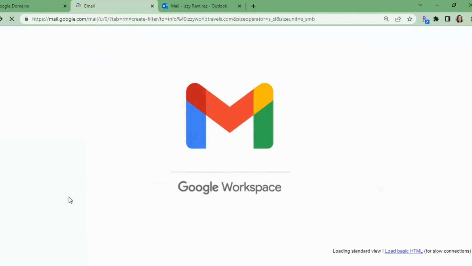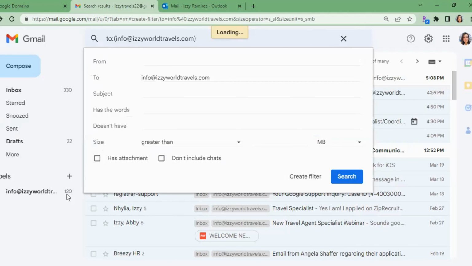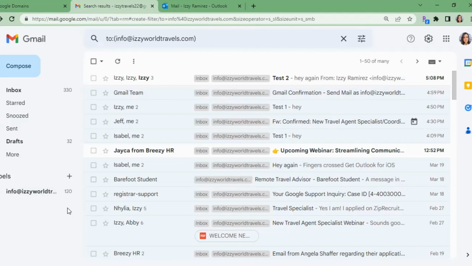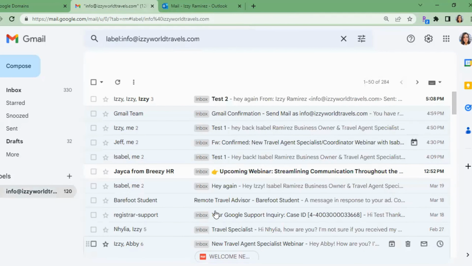You see that number immediately changed for some reason. And then I didn't do it correctly where it said apply. You have to select the box apply label. That's why. So now you see here, I have 120 emails sent to info@easyworldtravels. So it's going to immediately organize my Gmail with my business information, right? So I just click on that one and it's going to show me what types of information, like what emails have been sent to